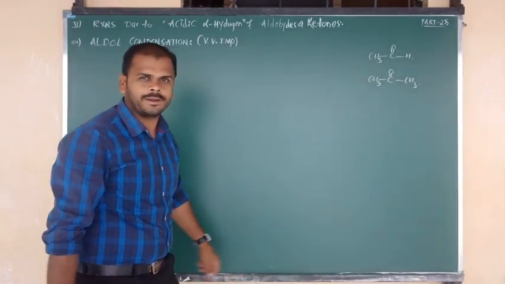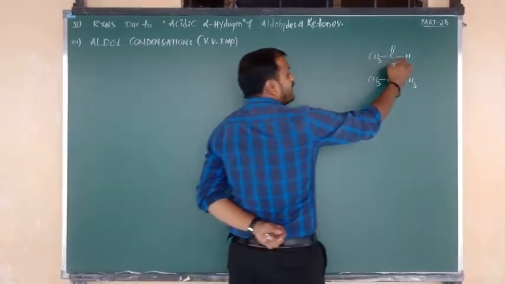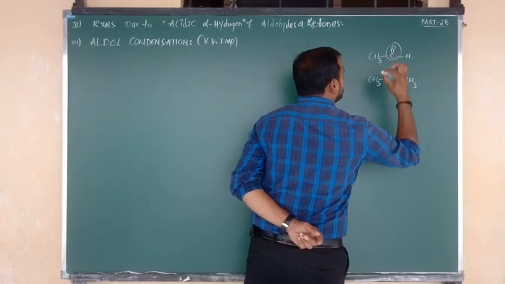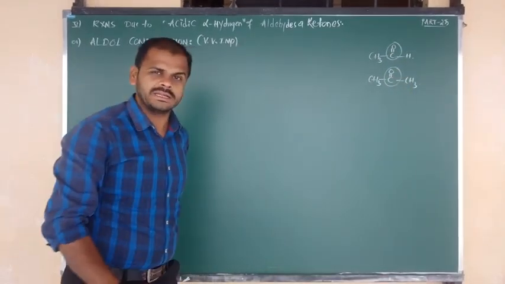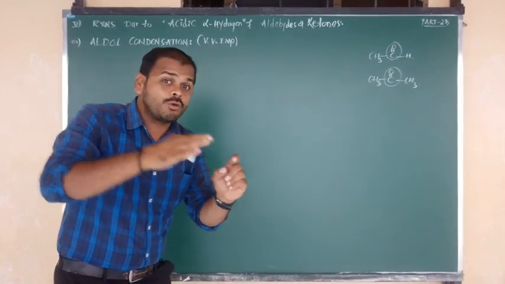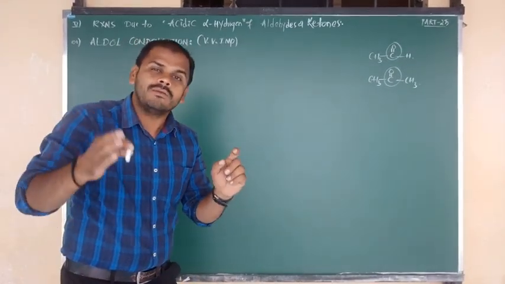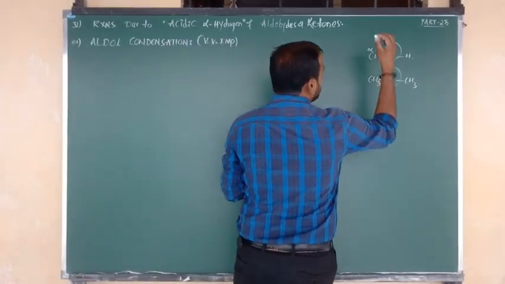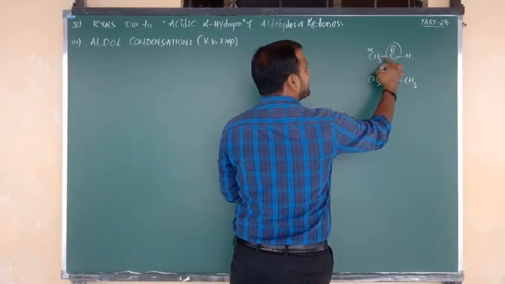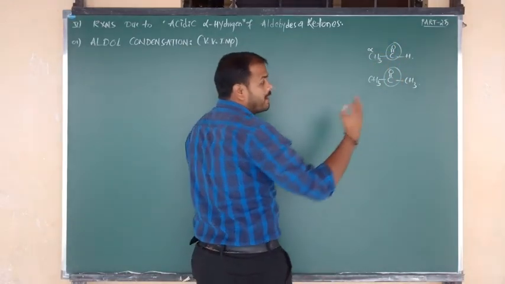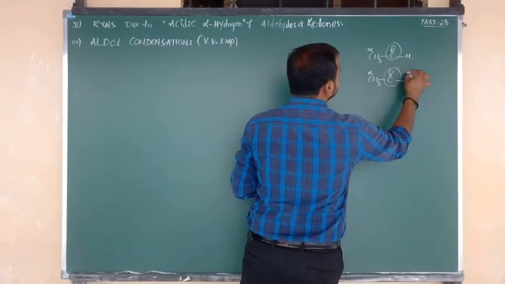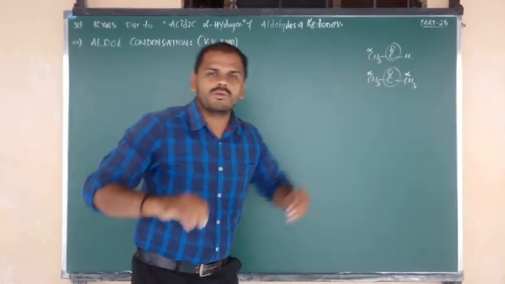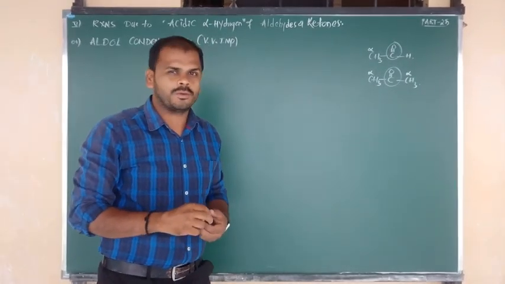Now listen carefully. In acetaldehyde, C double bond O is the functional group, and in ketone also C double bond O is the functional group. The carbon adjacent to the functional group is always considered alpha. So this is the alpha carbon, because it is around the carbonyl functional group. But in the case of ketone, we can denote two alpha carbons because both are present around the carbonyl functional group.